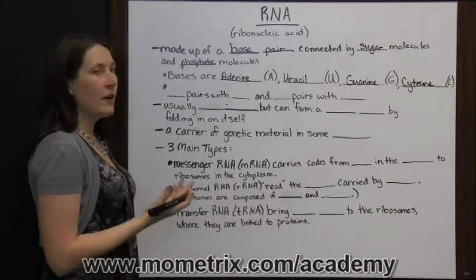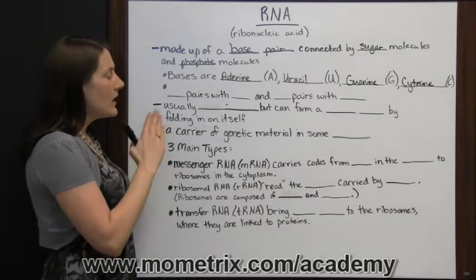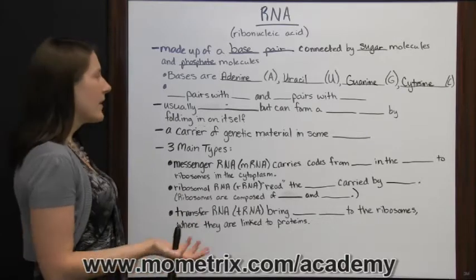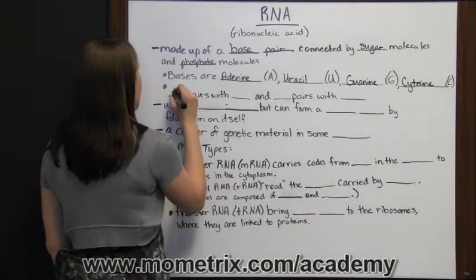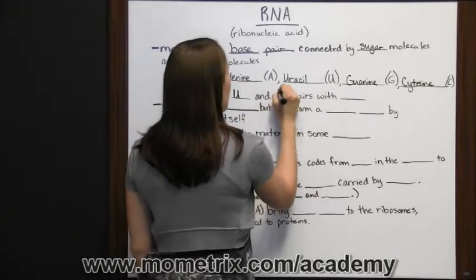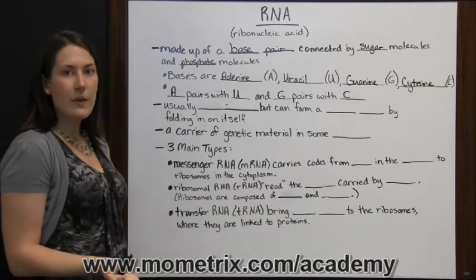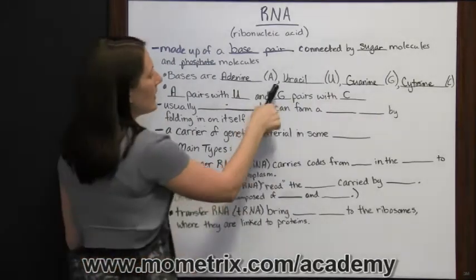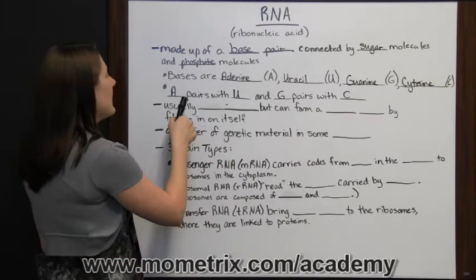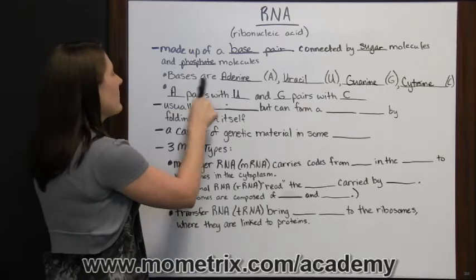Similar to DNA, they're going to pair with each other, and each one is only going to pair with one other base. They can't pair with any of the other three. So, adenine pairs with uracil, and guanine pairs with cytosine. Guanine and cytosine also pair in DNA. Your curved letters for abbreviation pair together, and adenine and uracil pair together in RNA, and it's your vowels that